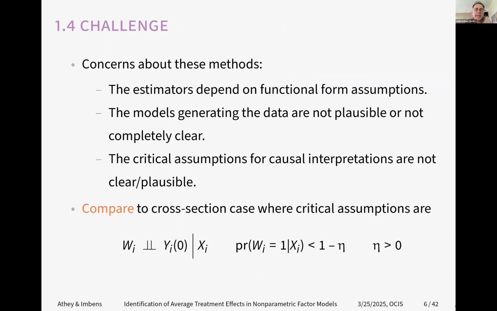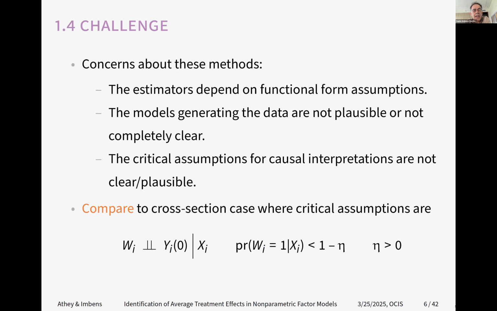systematic component. In the linear factor model, it's not quite so clear what the role of that linearity is, given that you can in principle approximate these models by linear models, but it means it's not quite clear what the critical assumptions are for causal interpretation of the resulting estimators. And that's particularly striking in our view if you compare that to the cross-section causal inference literature, where a